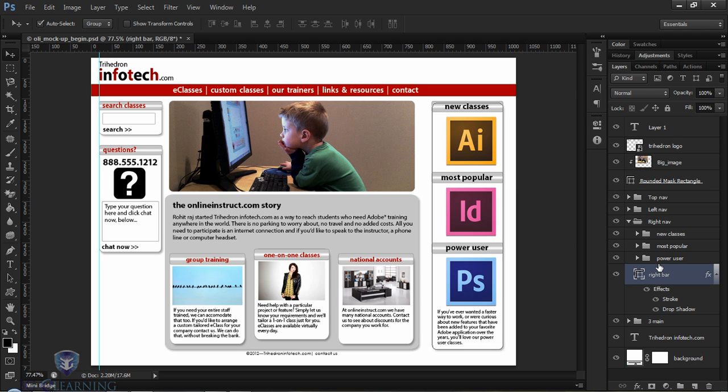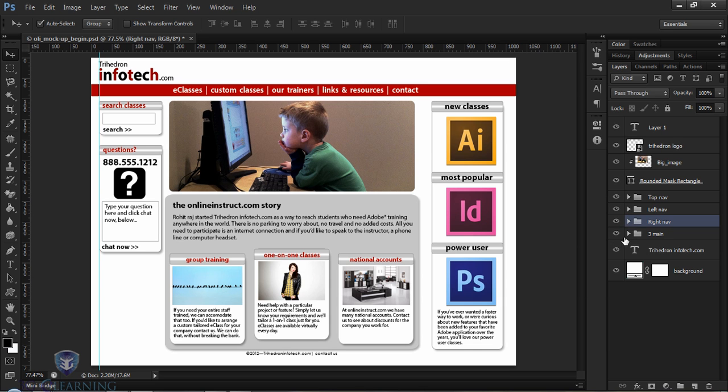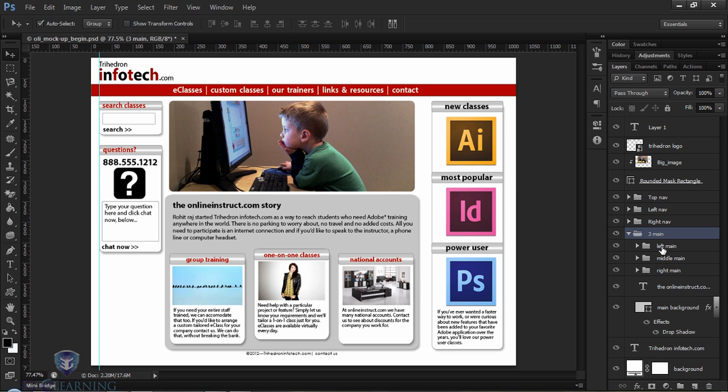It did land properly at the bottom of the layer stack, and then I have these three main pieces which are already in a folder. So I will expand them, and if they are in a folder, and I want to make sure that these three main always move together, I can actually link them so whenever I pick up one, they all move. But before I do that, I am going to use my Shift key to select all three, and I will try the Distribute Horizontal Centers. Now the distance from here to here and here to here is perfect, and I will align the top edges,